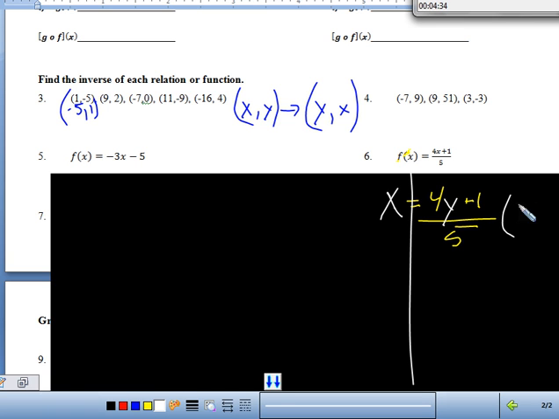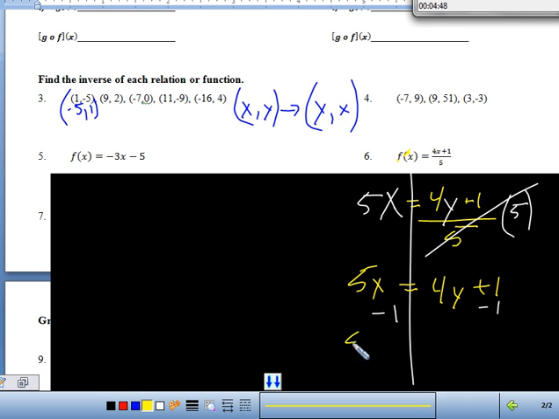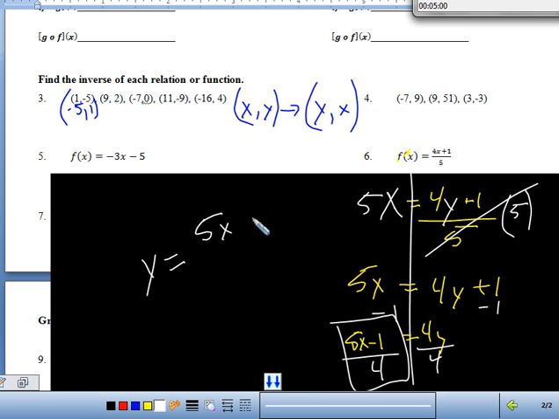The first thing I'm going to clear here is multiply both sides by 5 to clear that out of the denominator. And then we'll rewrite. So I have 5x equals 4y plus 1. Now I subtract 1 from both sides, and I divide both by 4. So my solution then, the inverse of this function,